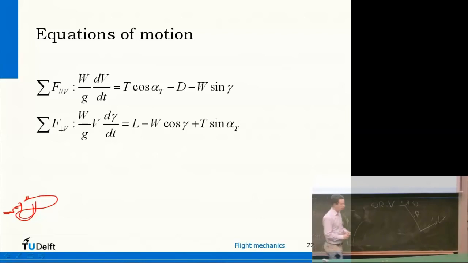Now, in our case, this angle is called gamma, so omega is in fact change of gamma with time. So this means that omega r is in fact d gamma dt,